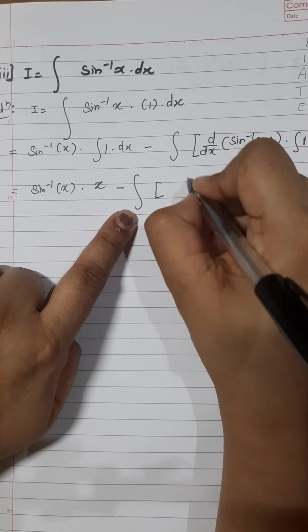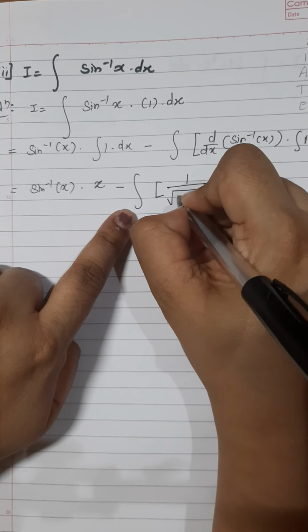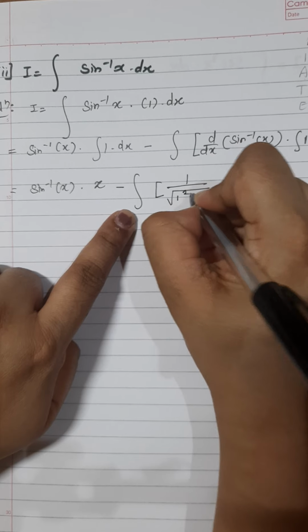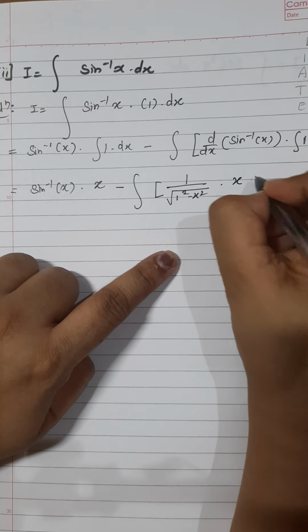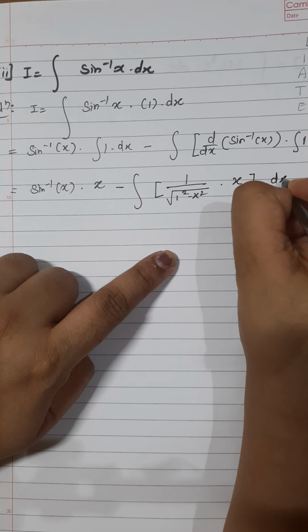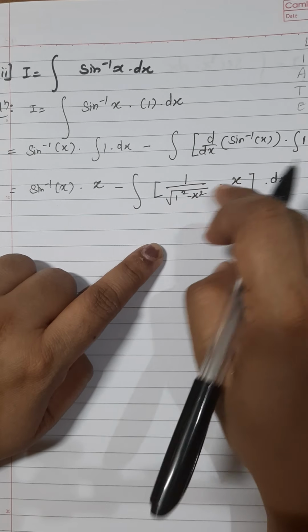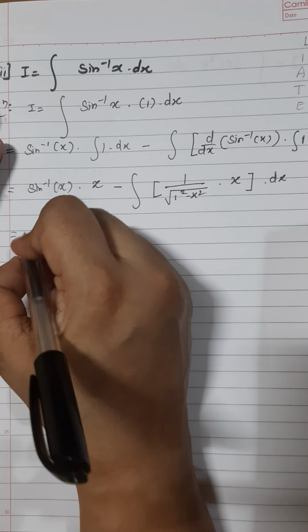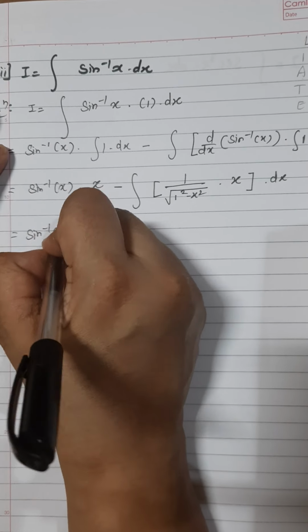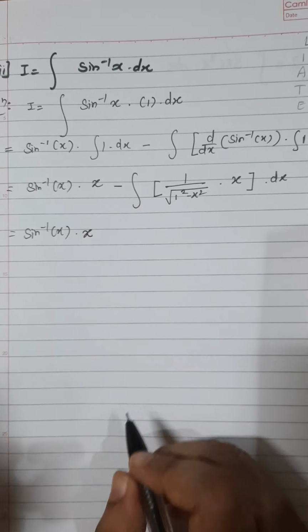Now you know d dx of this is 1 upon root of 1 minus x square into integration of 1 dx is x dx. Now just see, now you have to solve the integration of this, correct? So that is going to be sine inverse x into x